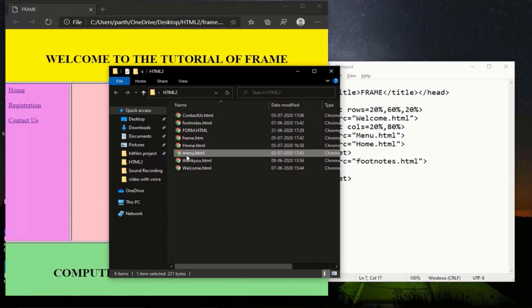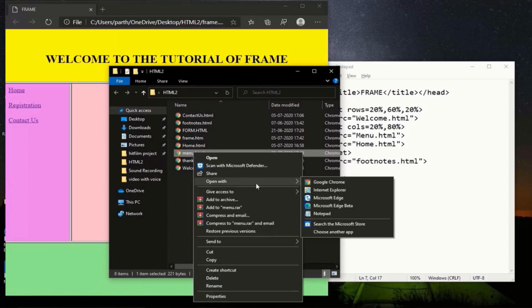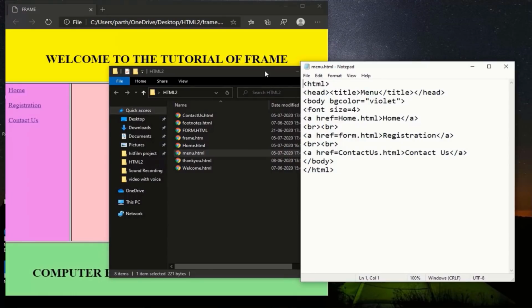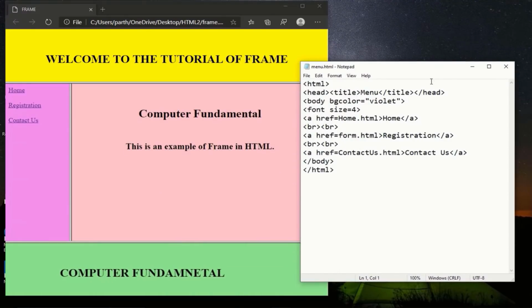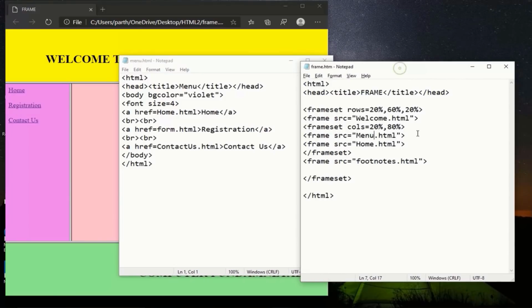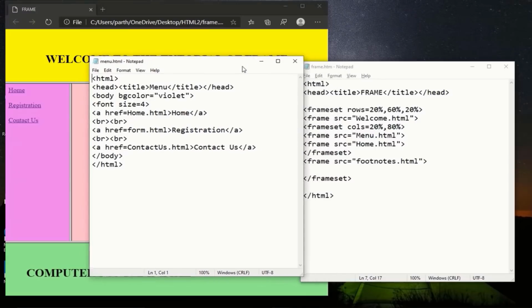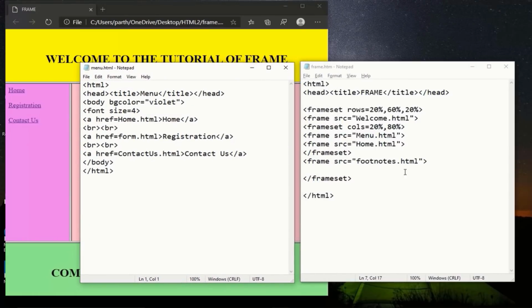Open the menu.html file in Notepad. Go to frame.html and go to the end of the frame tag containing home.html.